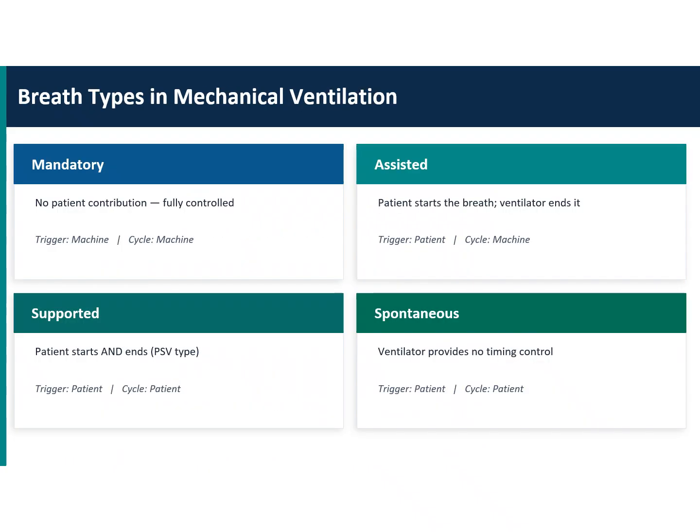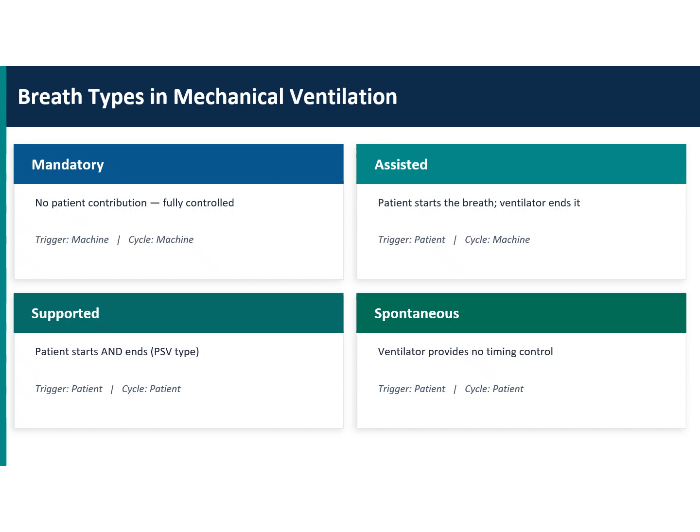In mechanical ventilation, as we discussed, some of the breaths could be mandatory. Mandatory breaths will usually happen when the patient is not triggering. The reason could be heavy sedation or neuromuscular blockade. And assisted ventilation is when the patient is able to trigger a little bit, but is still in an assist control